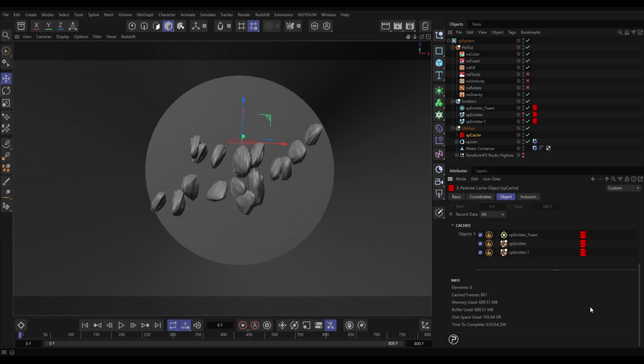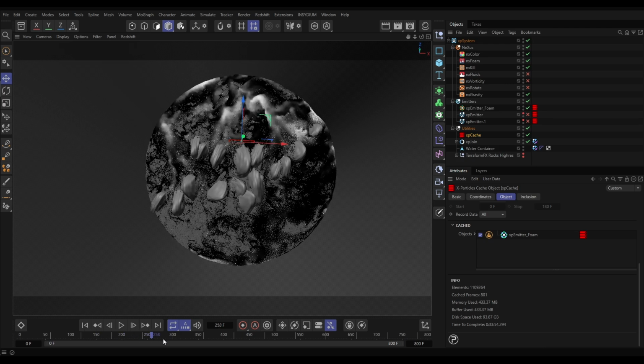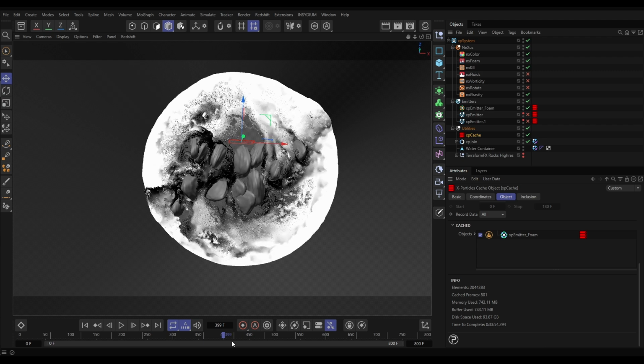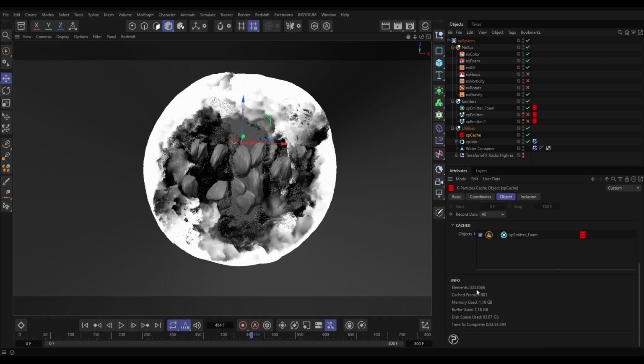Okay, and that cache has finished, and that took a bit longer because we've got way more particles. That was just under 35 minutes there. So now that we have got all that cached, let's switch off our two fluid particle emitters because we don't need to be looking at that. And then we can scrub through this and you can see that we've got our cached foam particles. And we've got, you know, a lot in the scene. Look, if we get to this really heavy bit where we've got loads of particles created, look, over 3 million